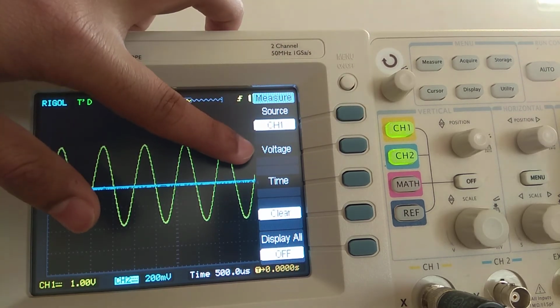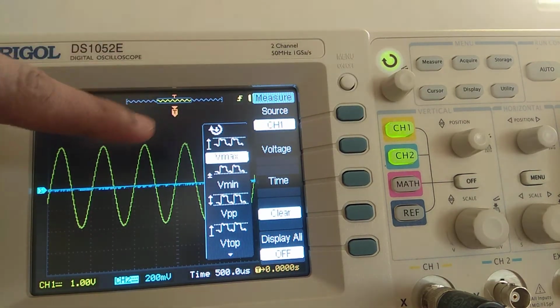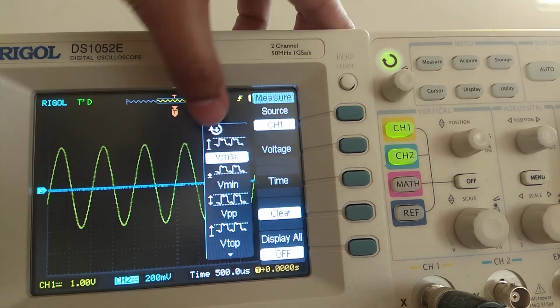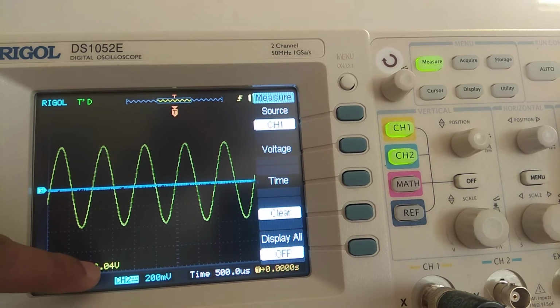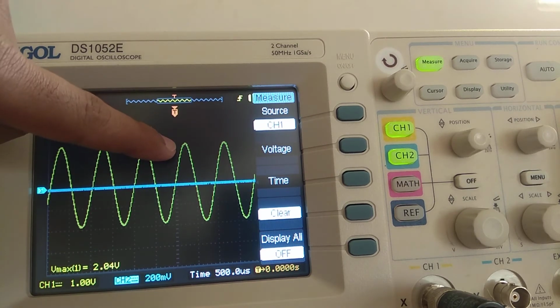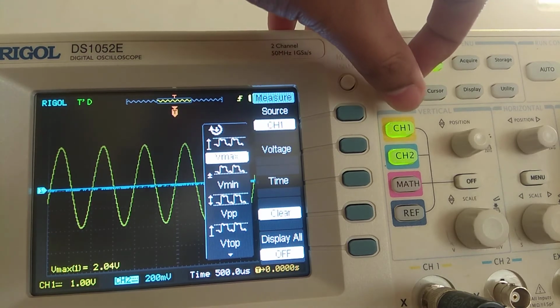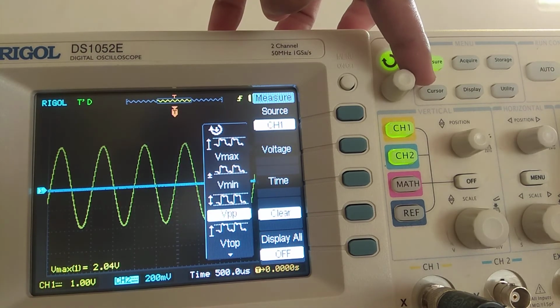Now in channel 1, what do you want to measure? Voltage. In channel 1 there are different voltages that you can measure. If you want to measure V max, tap this one and you will get V max 2.0, which we calculated as around 2 volt. There are different kinds of voltage that we can measure; if you move this knob, you can see. V minimum also we can see.